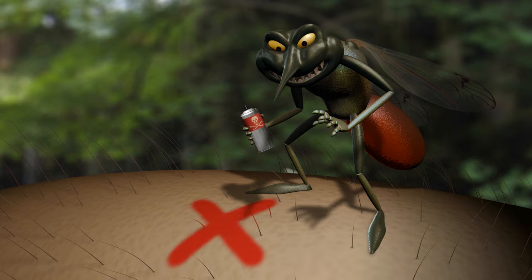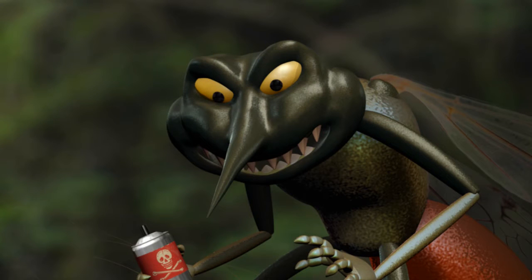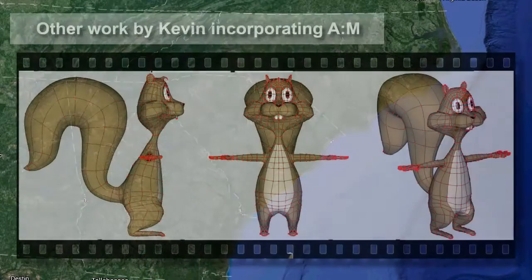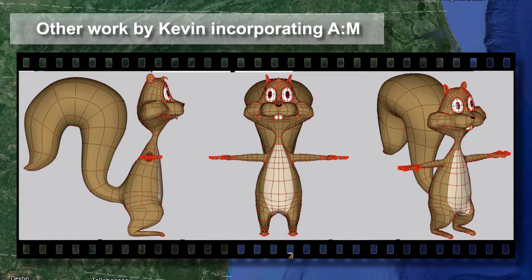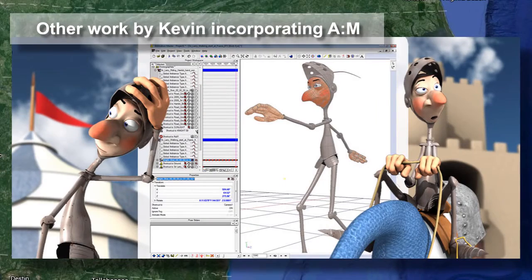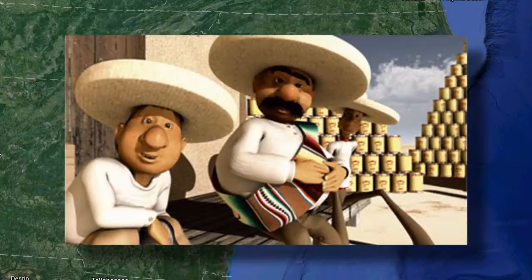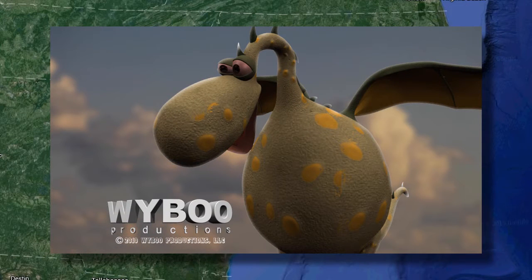The character itself, I knew I had to put most of the modeling in on the face and on the head, so that's where I had to spend most of the time. Tell us why you like working with Animation Master. Well, I've got to tell you that when I started on Animation Master back in '99, I think we were on version 7 back then, and I can remember it just worked really well with the way I thought. I'd tried other 3D programs, a few others, and I think within the first day or two I was already animating in Animation Master. It's just a great overall software program.